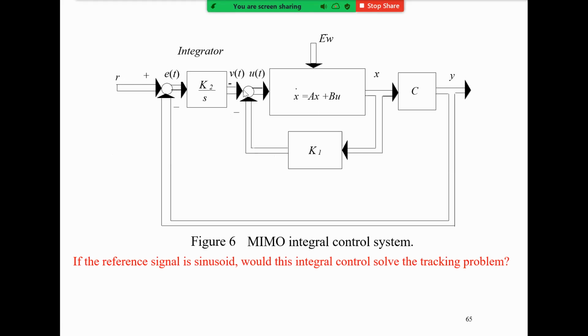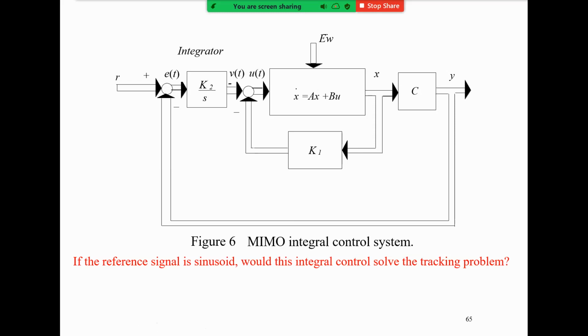You cannot follow that, right? Because for a stable system, if our input signal is a sinusoid, eventually all the signals will be sinusoid. The output of this integrator will be sinusoid, will not be constant. If the output of the integrator is not constant, there is no guarantee that the input signal to this integrator will be 0. So therefore, we cannot use this simple way to solve the tracking problem when the reference is a